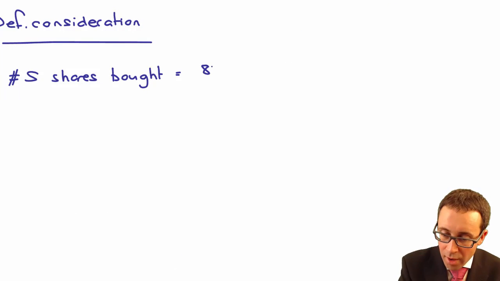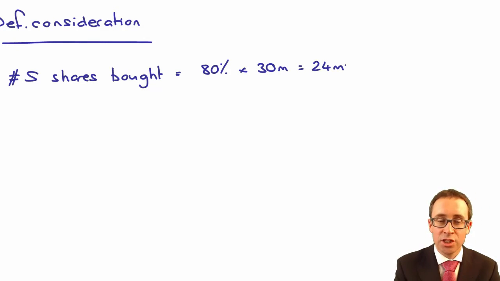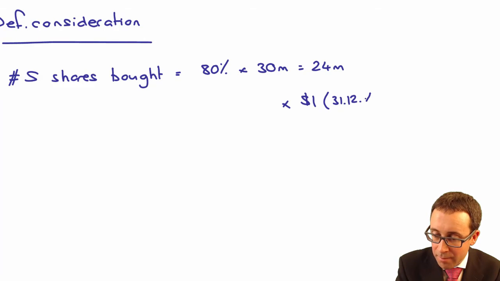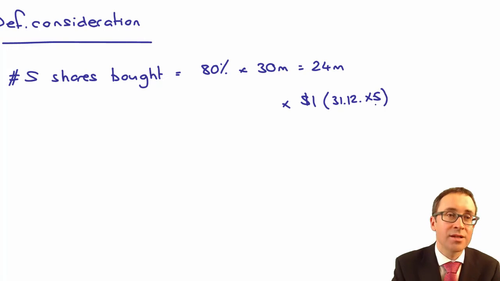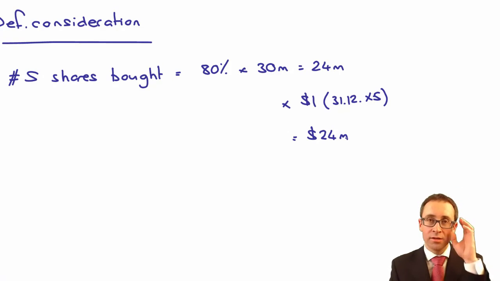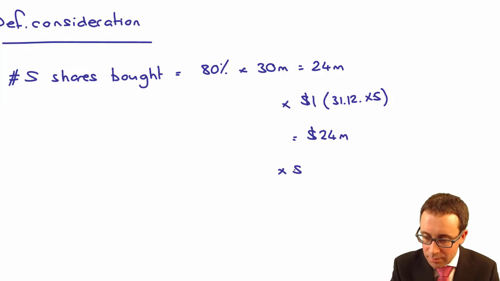So there we've bought 80% of 30 million. So we have bought 24 million S shares, haven't we? And we're going to pay $1 on the 31st of December, I think, was it X5? So in 1 year's time, we're going to pay $24 million, but we need to work that out